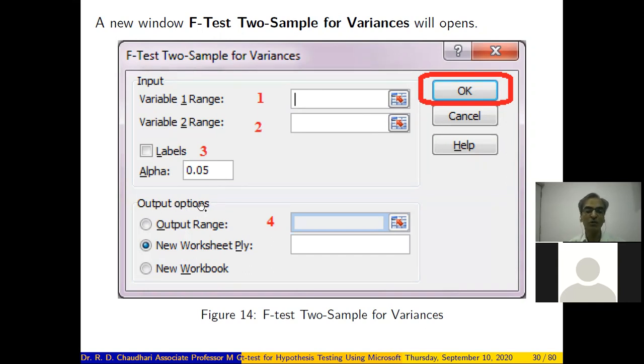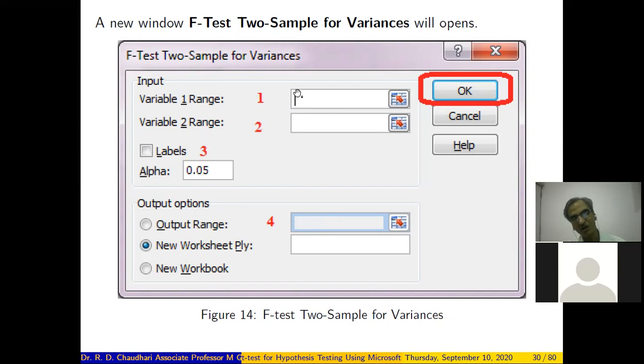And to get the output of the F test, you can specify whether you want output in the existing Excel sheet, or in a new worksheet, or in a new workbook, that is a new file. Basically, when we apply such a test, we want to store the output in the same worksheet. So you can select the first option, that is output range, and specify the cell address where you want the output.